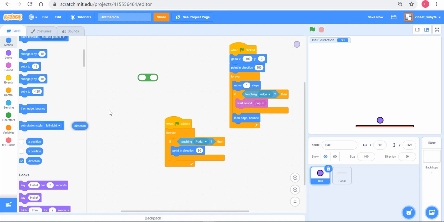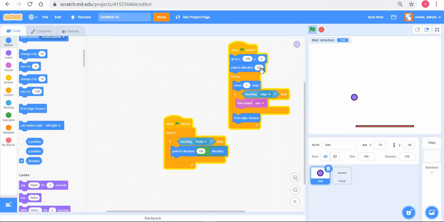I can drag this here, and here I write 180 minus direction, because that is what we learned from this part of the code when the ball was bouncing off the edges. So if I change this to 180 minus direction, what you notice is the ball going at 150 is going to hit the pedal and bounce back.